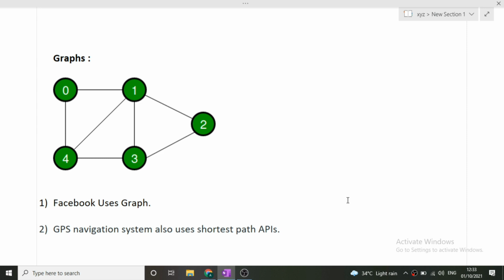Now next where graph is used is the GPS navigation system. So guys, whenever we have to move from point A to point B, Google Maps shows the shortest path, or you can say the path in which we will reach that destination in the smallest time. So again, it is using the graph based approach only, because there are a lot of ways of moving from A to B, but we need that way which gives us the less time, or you can say the less distance. So here also in Google Maps, graph API has been implemented.